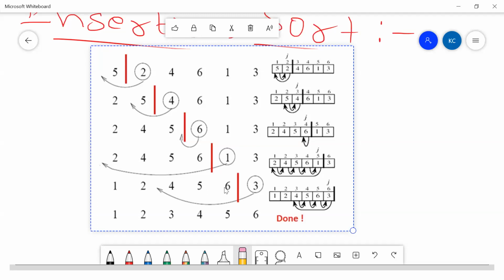Now I'll move forward. As I move forward, I come to a number called 3, right? I compare 3 with my 6, it should be left of 6. I compare 3 with 5, it should be left of 5. Compare 3 with 4, it should be left of 4. Finally I came to know that it is greater than 2. So that's why I came to know that this is the correct position for 3. So I take 3 all the way from here and insert it at this particular position. And after I do all the steps, I came to know that I have sorted all my cards.